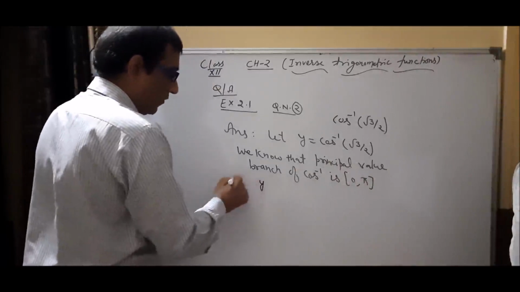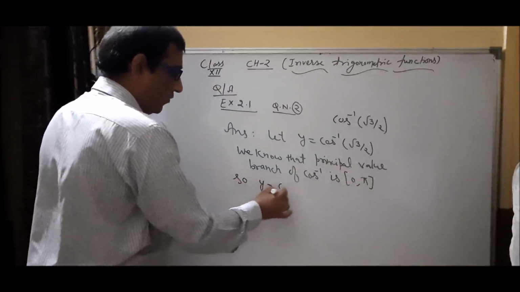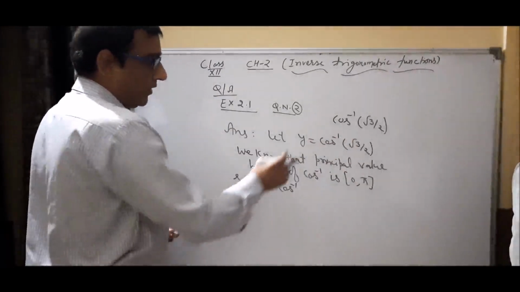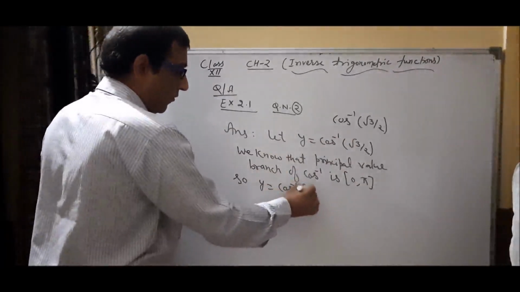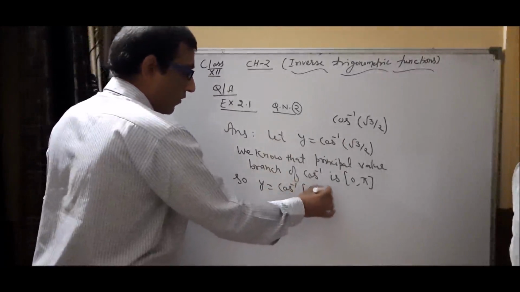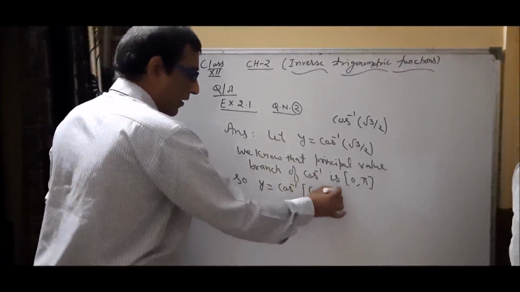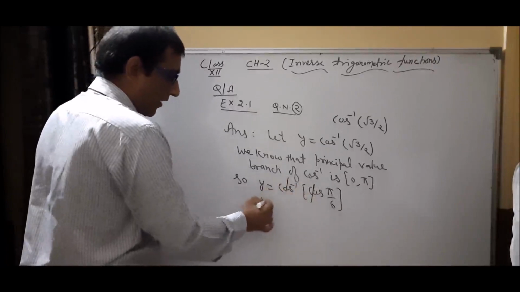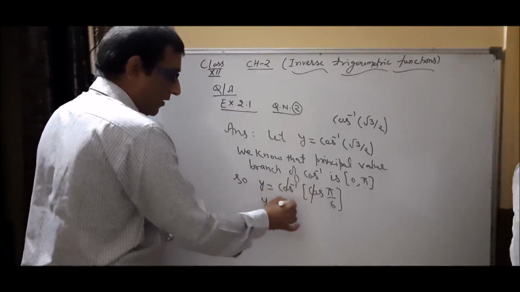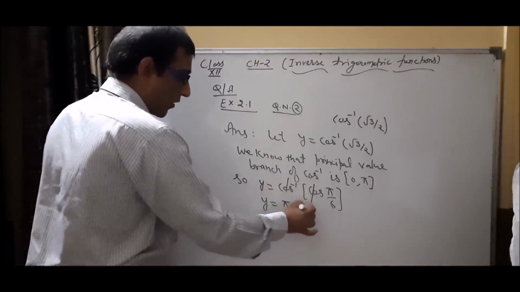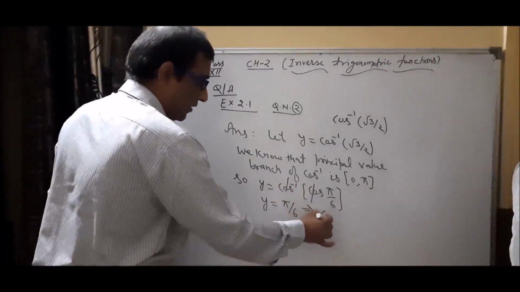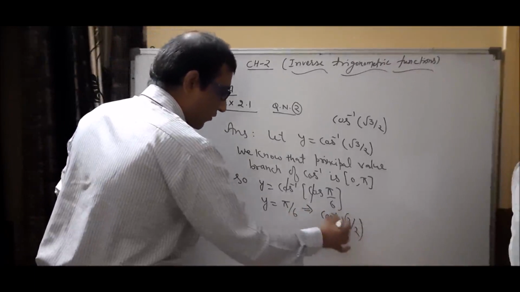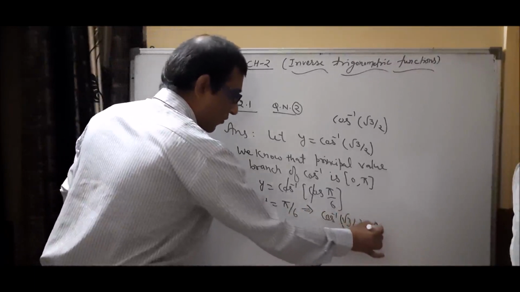So y equals cos inverse root 3 upon 2. In the table of cos, it is possible at cos pi by 6. So cos inverse and cos both will cancel, and we will get y equals pi by 6. It can be written as cos inverse root 3 upon 2 equals pi by 6,